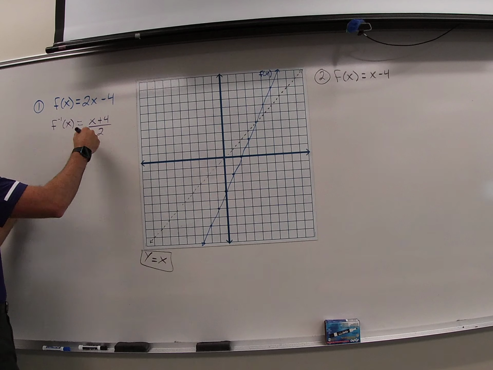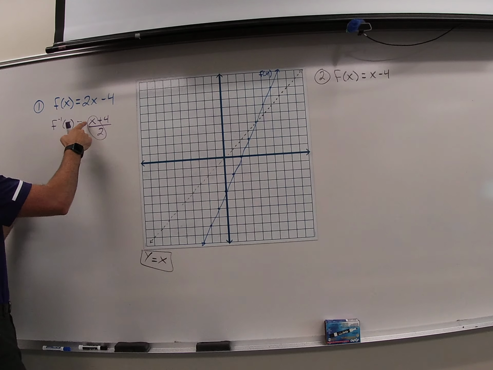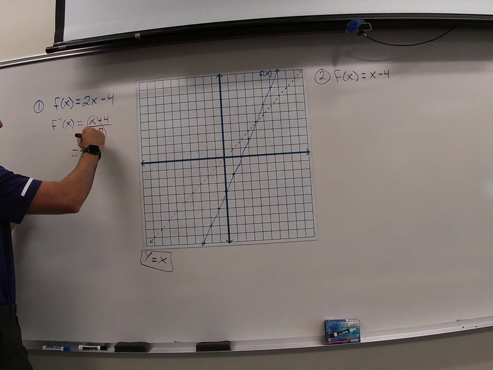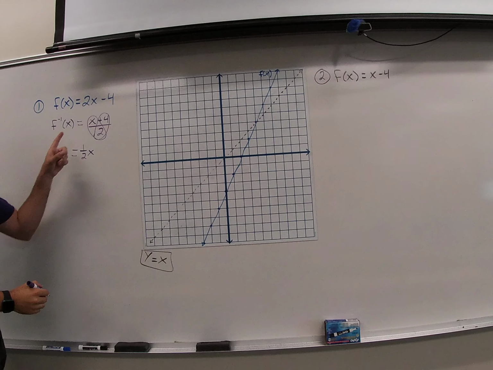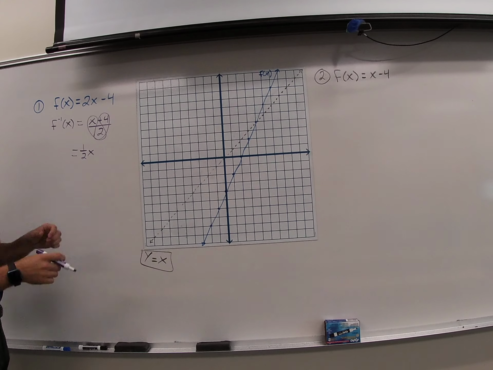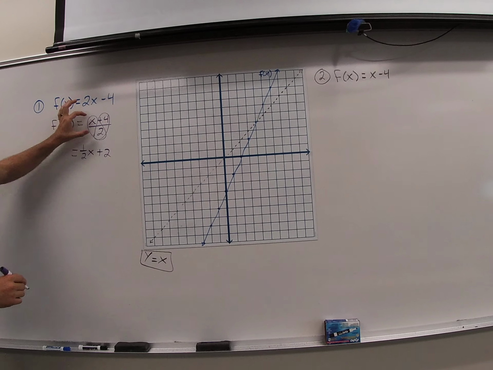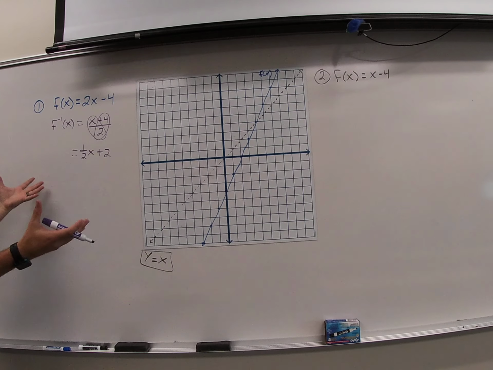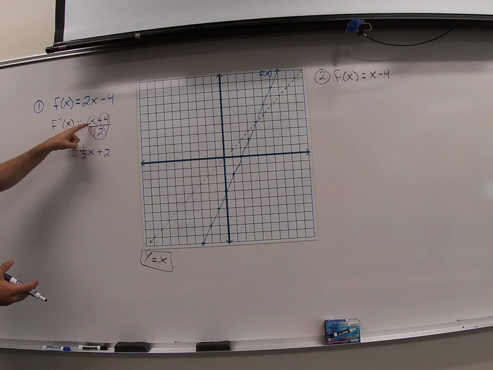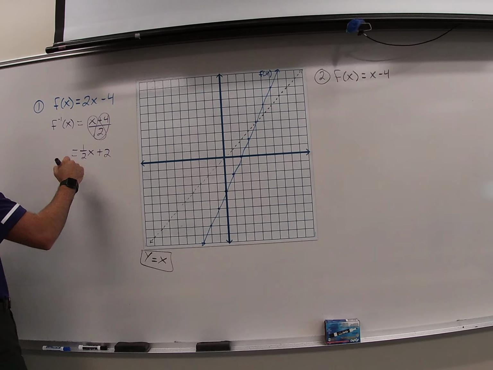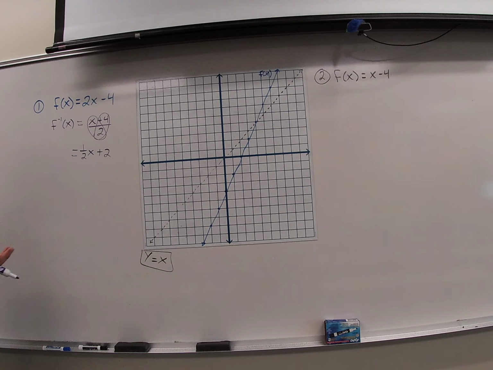What we do when we have a fraction like this is take the left part. So this is actually x over 2, or 1/2 x. And then we take the right part. It makes a heart because we love math. So 4 divided by 2 is going to be a positive 2. So when I break this fraction apart into two separate fractions, I get x over 2, or 1/2 x, and then 4 over 2 reduces down to 2. So these are equivalent, but this is in slope-intercept form and is going to make it easier to